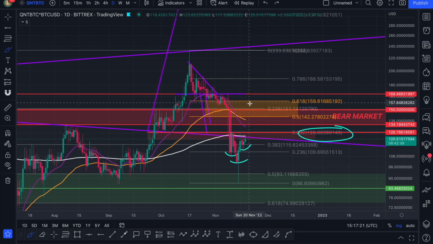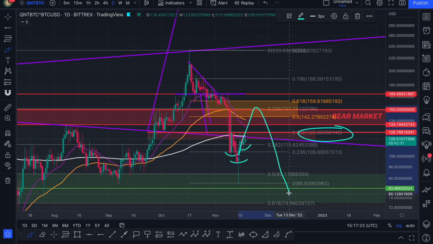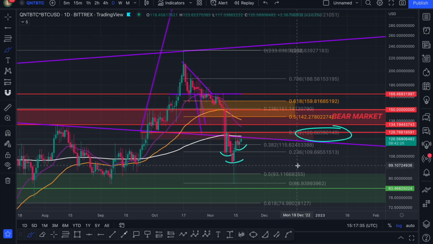But I'm expecting us to get hammered back down because we need to reclaim 168 and 188 if we want to have chances of heading back to the high. But again, that's another key resistance going forward. So a lot of work for this to head back up, but it's definitely possible, it's just not my expectation. I'd love to be caught off guard. Please do that, I would love to, because I do want this going up. It's just I'm not going to be disillusioned to what's ahead.